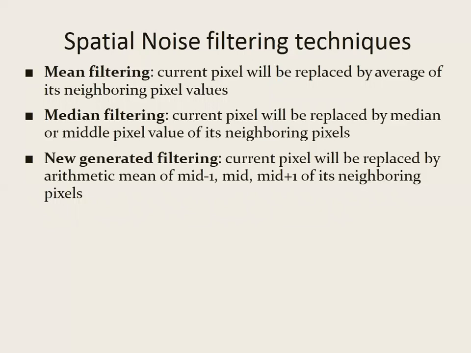Mean filtering is a filtering designed based on the principle of mean. How can we calculate the mean? Summation over all pixels, the n pixels that we are considering, divided by the number of n pixels that we are considering. What about the median filtering? Again, median